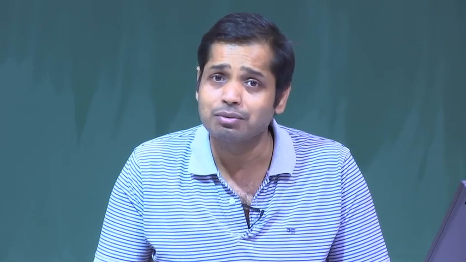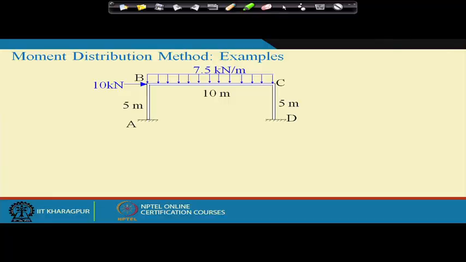Now, if you remember how we considered side sway in the slope deflection method, we used the usual procedure: writing the slope deflection equations, then satisfying equilibrium at every joint, and in addition we needed one more equation, which we obtained by comparing the shear force with the horizontal forces. Okay. Now we won't do the same thing here, but